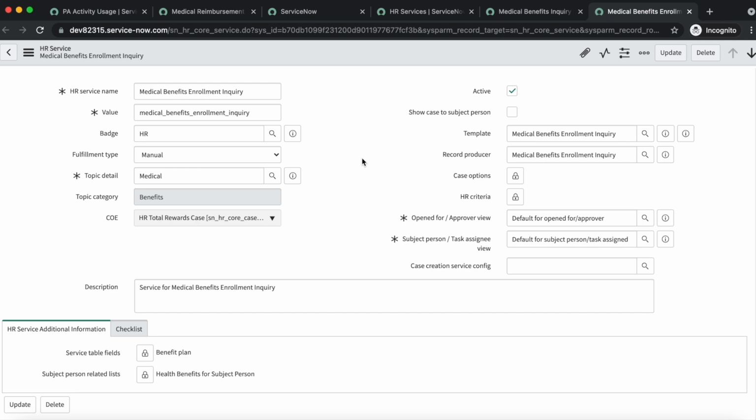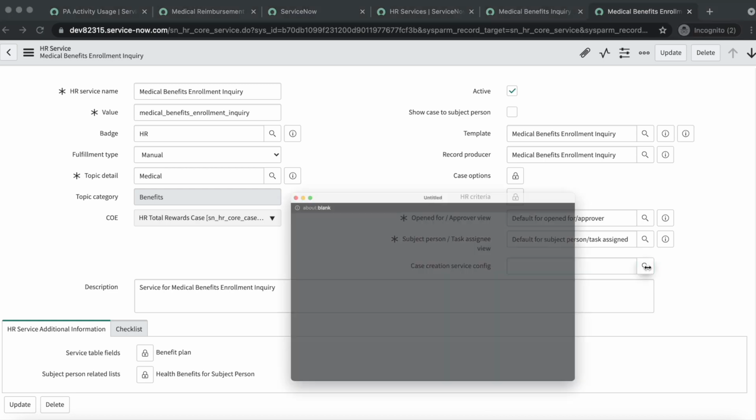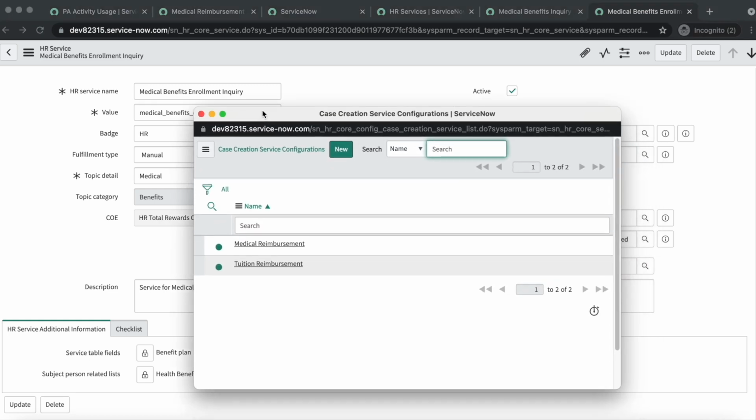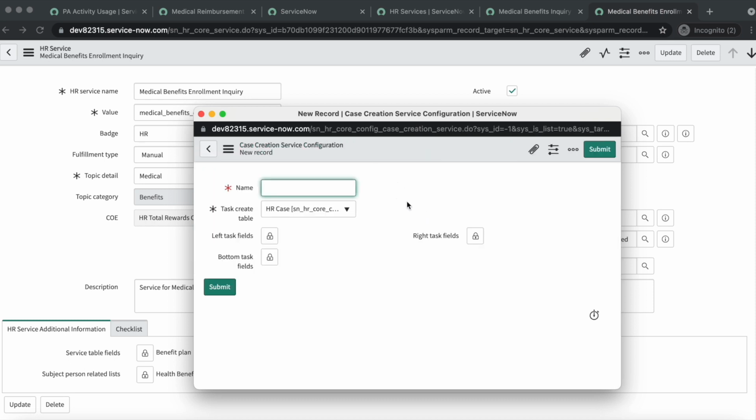So the second approach is, if you want to get it created, we have a case creation service config field over here. Once you click on this lookup, you will get an option. So either you can select the previously configured case creation service configuration, or maybe you can create a new one and create your own.